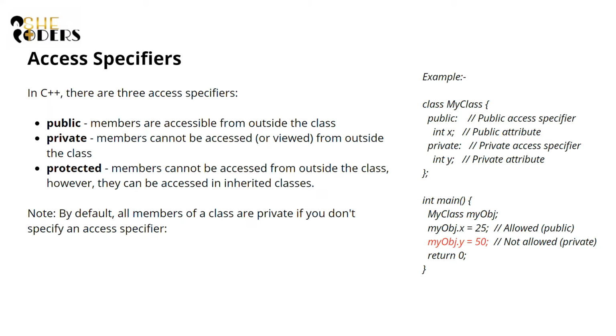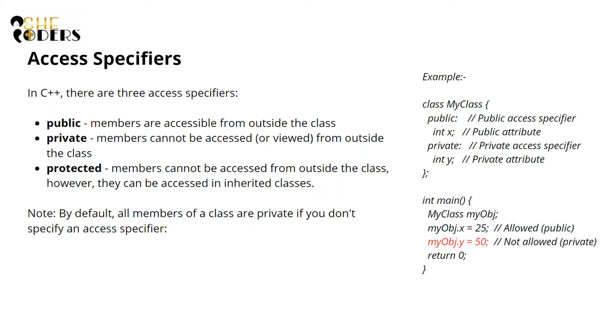Now next is the private access specifier. Under the private access specifier, the members cannot be accessed or viewed from outside of the class. Whenever you want to change any private member, you need other public functions like get or set functions, about which I will be telling you further, or else you can't change the value of the private members. Private means something that we don't want others to know about. Just like that, the private members cannot be accessed from outside of the class.